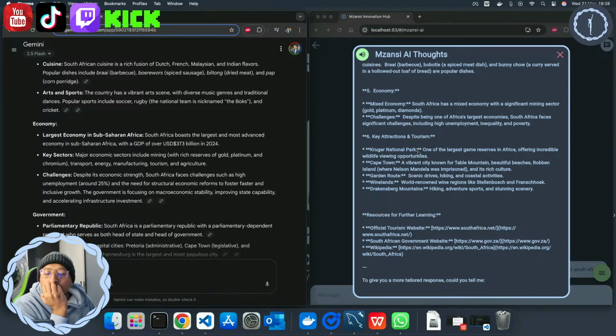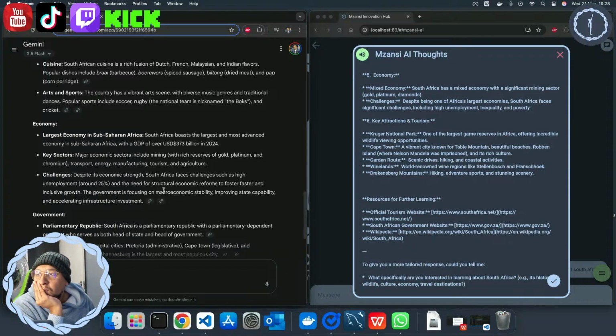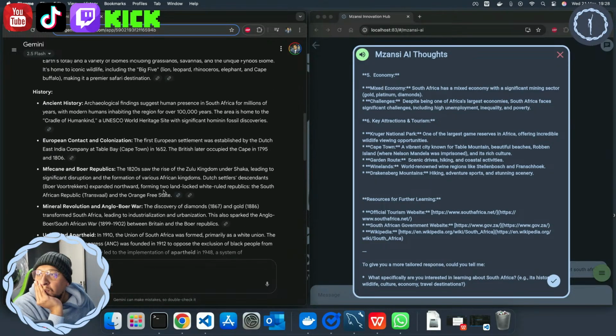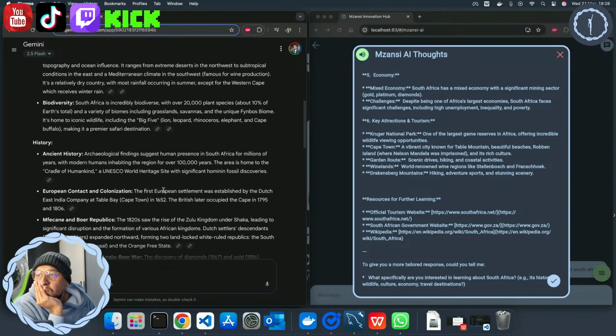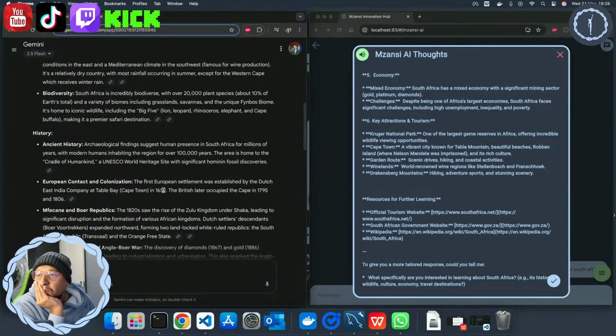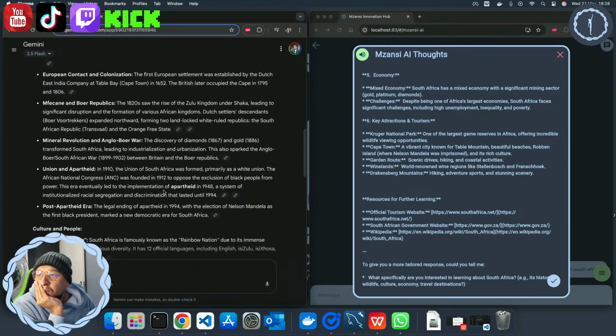Kruger National Park, one of the largest game reserves in Africa, offering incredible wildlife viewing opportunities. Cape Town, a vibrant city known for Table Mountain, beautiful beaches, Robben Island where Nelson Mandela was imprisoned, and its rich culture. Garden route, scenic drives, hiking, and coastal activities. Winelands, world-renowned wine regions like Stellenbosch and Franschhoek. Drakensberg Mountains, hiking, adventure sports, and stunning scenery. Resources for further learning. Official tourism website,